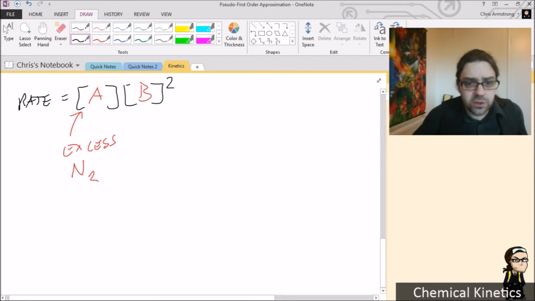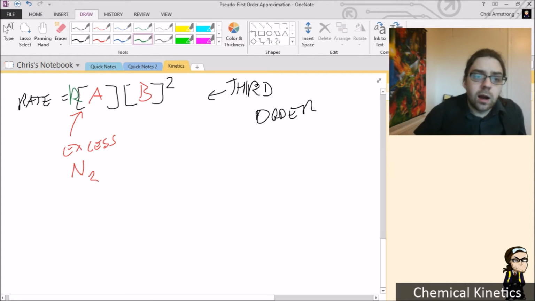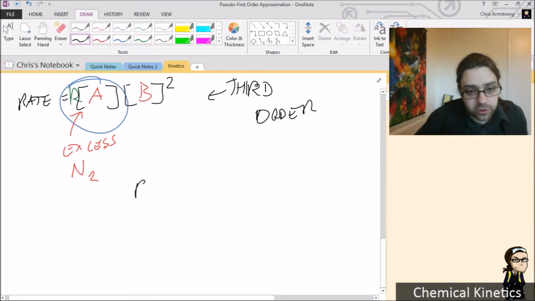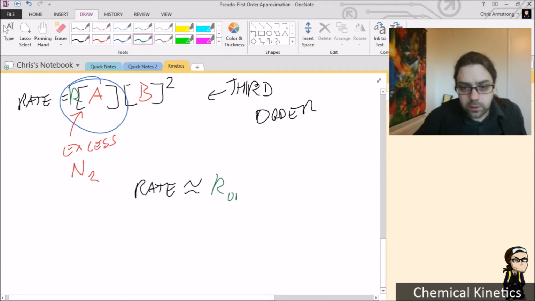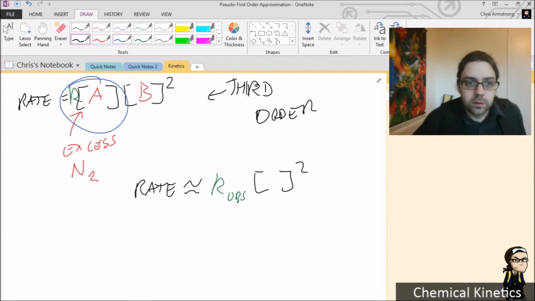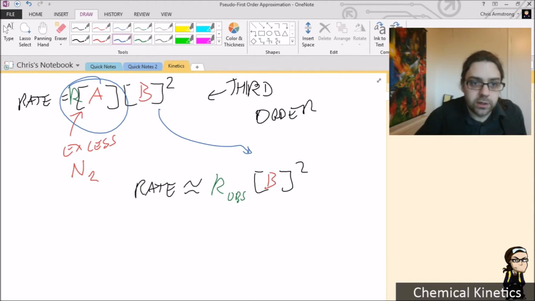So if we have this, that's a third order reaction. And of course we have a third order rate constant in there. If that's in excess and doesn't change, this itself can actually be crunched down into a single k obs as well. So our rate then approximates, yeah, I'll keep it as approximate, k observed B squared. You can see that comes down to there, and our k obs is equal to,